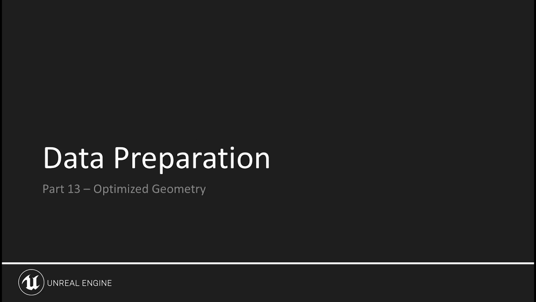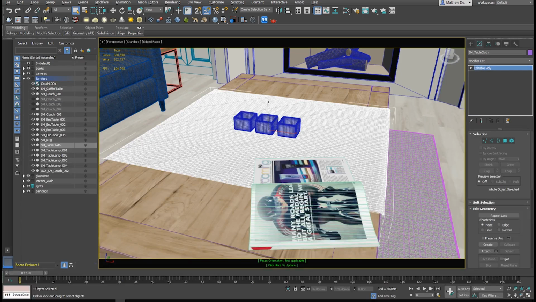Optimized geometry can make the difference between a visually stunning and highly performant real-time walkthrough and one that is lackluster. Geometry with overlapping faces, flipped normals, T-vertices, and overly high poly counts, among other issues, can cause materials to render poorly and can cause frame rate loss on lower-end hardware, or in virtual reality, which requires 90 frames per second to avoid simulation sickness. That means each frame must render at 11 milliseconds or less to maintain a good virtual